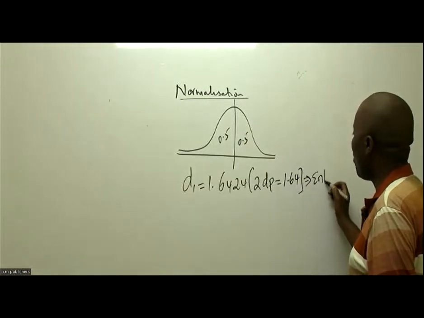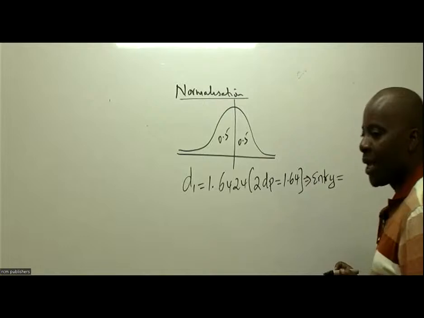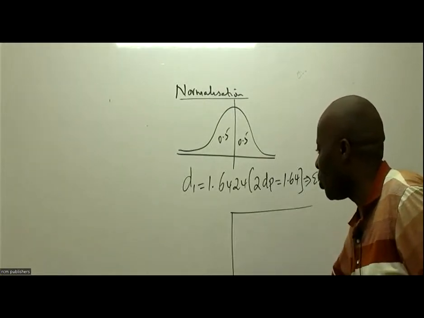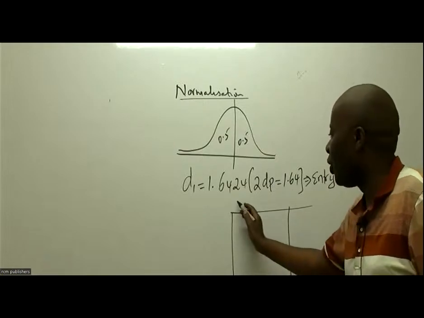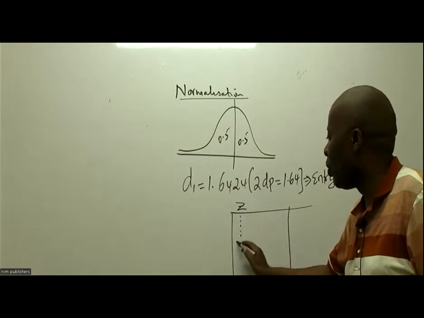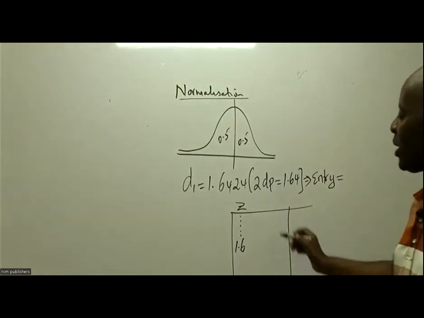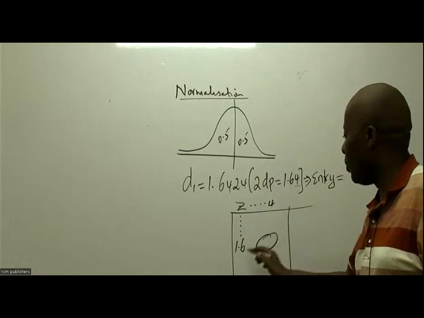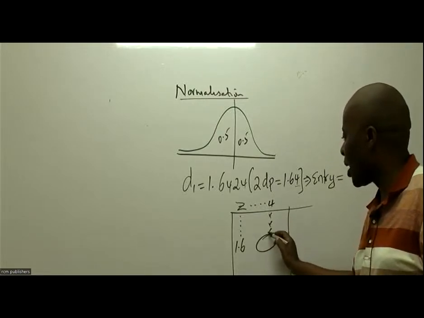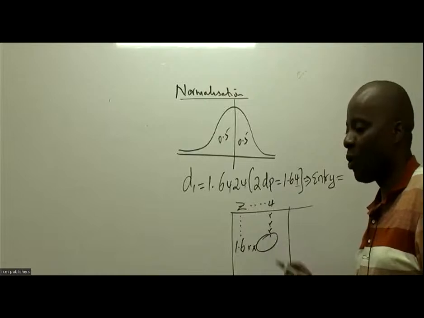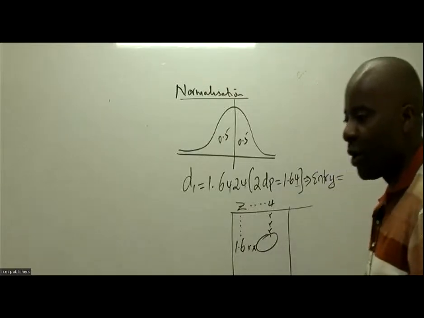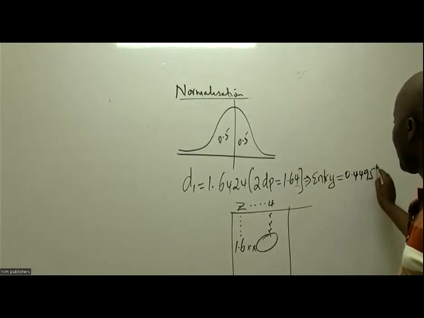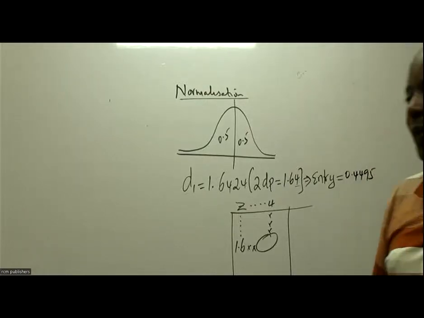And then now you go to the normal tables and give us the entry. Remember the normal tables, how they look like. You have them at the back of your papers there. You'll be able to see the Z there. The Z goes straight away to 1.6. And then when you want this second digit here, 4, you look for it up there. The Z score will be the number that you're seeing at the intersection of the two, 1.64. They're telling me it is 44.95. So the entry is 44.95 like that. That is the entry.